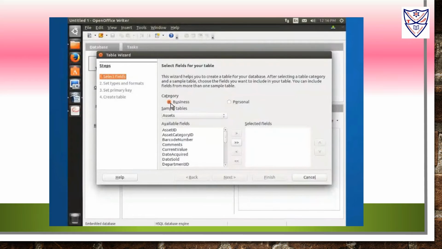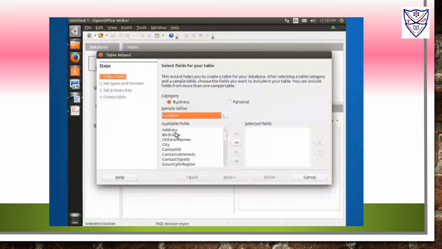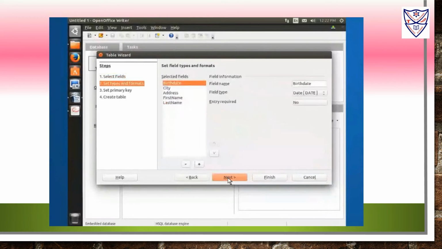Select the required table from the Sample Tables option, for example, Contacts. Choose the fields required in the table one by one from the Available Fields list and move them to Selected Fields list using button. Click Next to move on to Step 2.